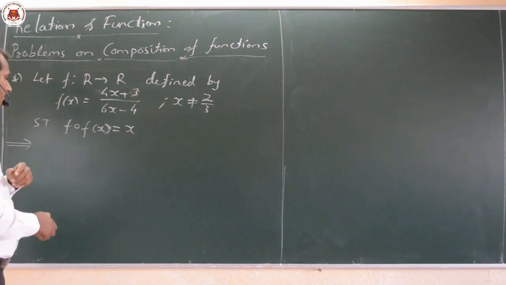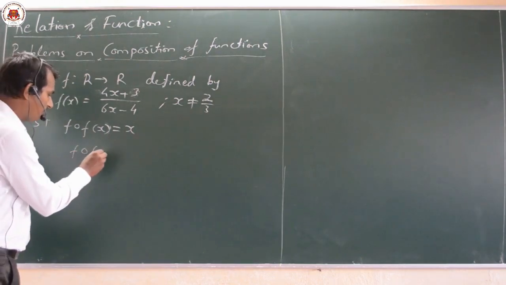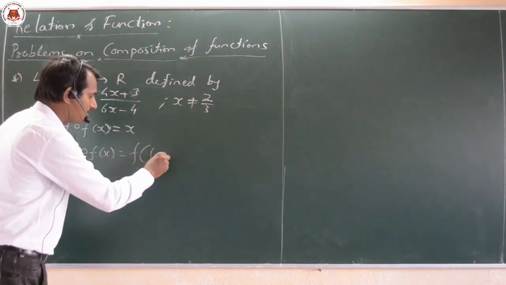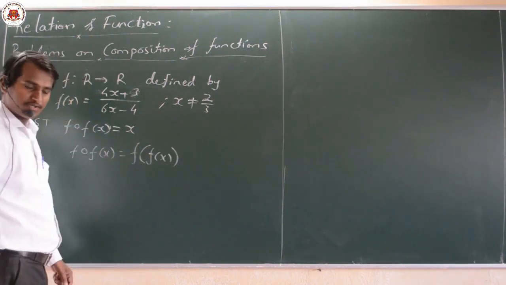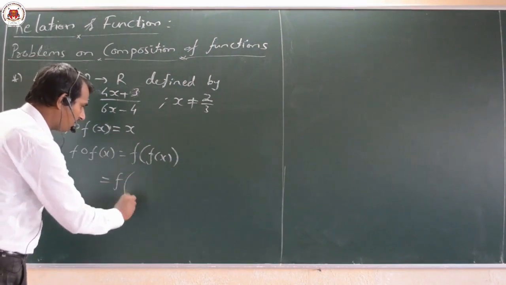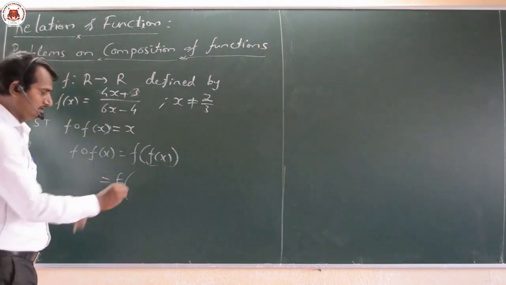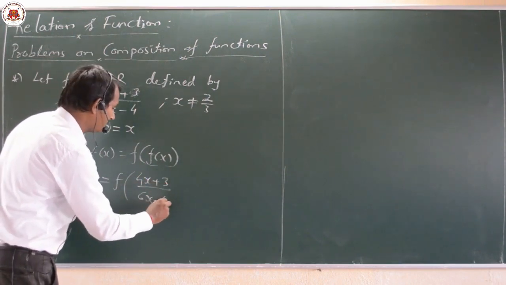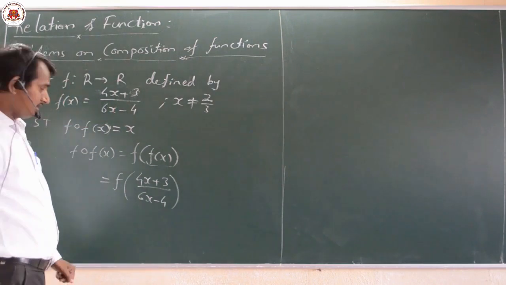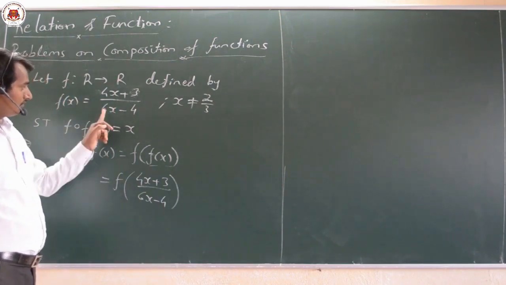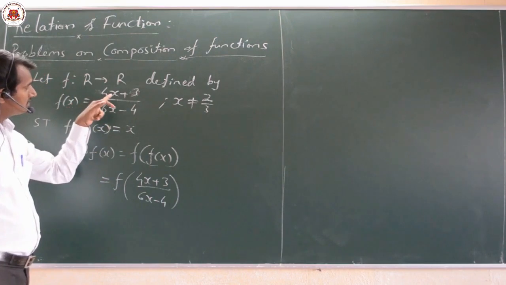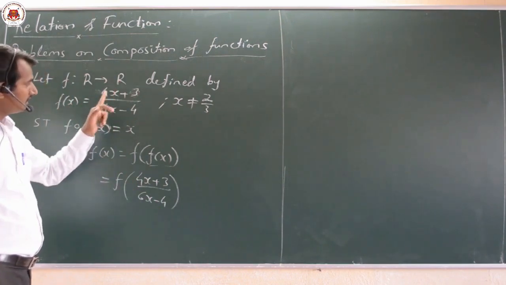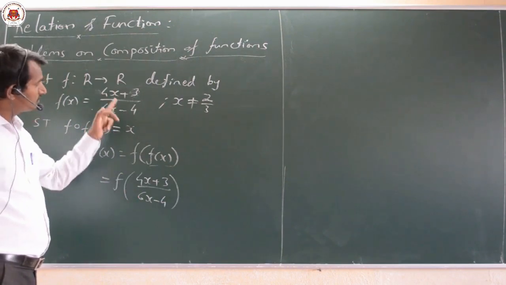Now let us observe here, first of all f of f of x. Now what do you mean by this? f of x here, that we will write first of all. Now what is f of x here? This particular thing he has given, that is nothing but 4x plus 3 divided by 6x minus 4. Now what is the next step? What is the function f here? Function f is the same thing, only in this place of x, what we require to substitute? This whole thing, for both numerator and denominator, this whole thing we have to substitute in the place of